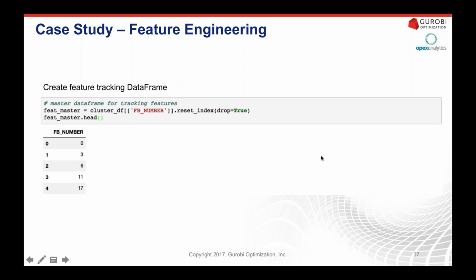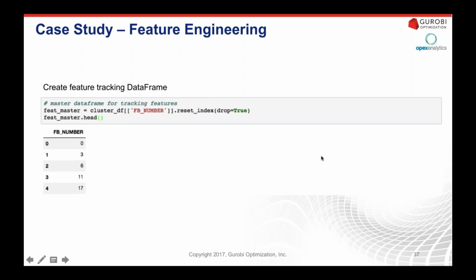And as you probably know, from having to prepare data for optimization problems, or maybe you have prepared data for machine learning problems, the data is rarely in this format. We'll typically need to do a fair amount of engineering at the beginning to prepare our data for an effective model. And so in this engagement, we spend a significant amount of time deriving and creating some complex features. Here, we're just going to walk through one simple example.